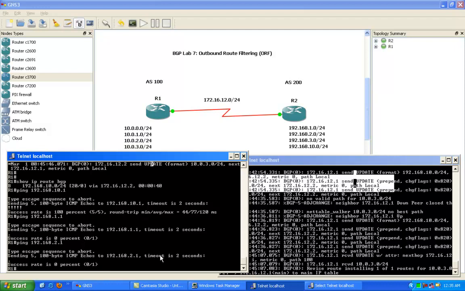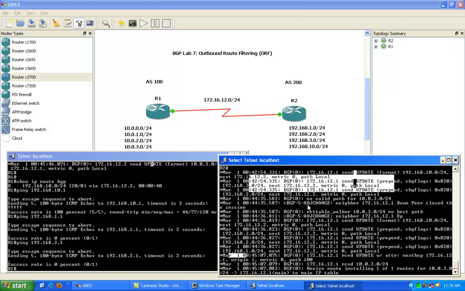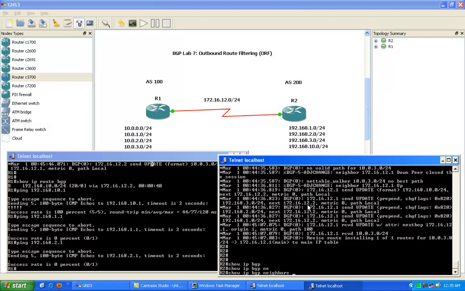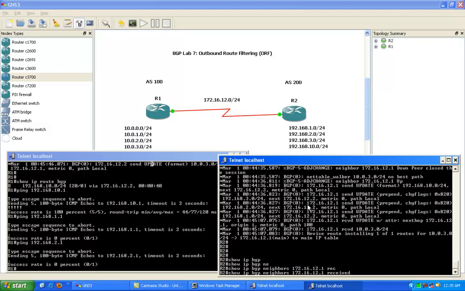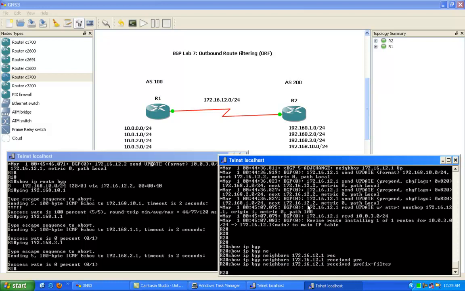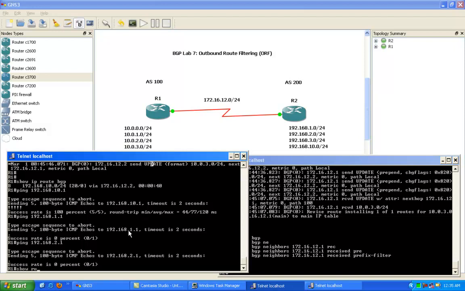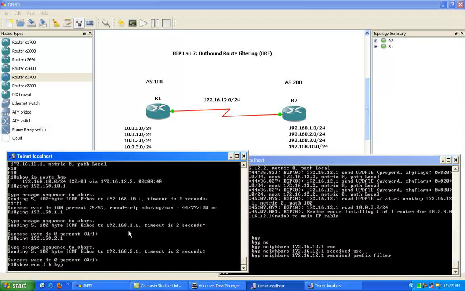But as you can see here, we are not sending our prefix list to router 2, and we can verify that on router 2. If we do a show IP BGP neighbor, then 172.16.12.1, which is router 1, and do a received prefix list or prefix filter, we see we are not receiving anything. And that's because if we do a show run pipe to begin BGP on router 1,